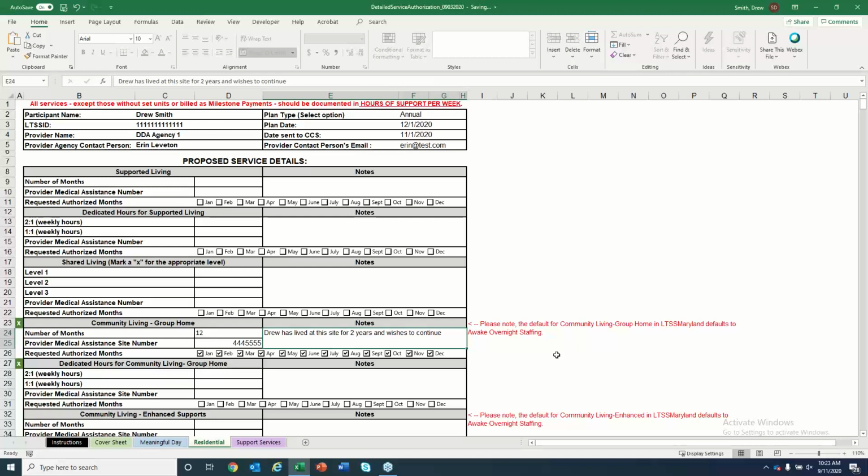So as most of you, I think, are aware, community living group home in LTSS Maryland currently defaults to awake overnight staffing. And so, one option in the notes is, if you're supporting somebody at a home where you don't currently operate awake overnight staffing, and you do not believe that you will need to, you can put into the notes to say, this is not a home, or this individual does not need awake overnight,